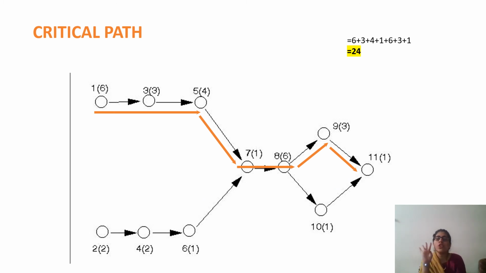I mean, out of all the 4 paths which we can get from start to our finish, the last one has the largest time taken. So the minimum time taken for our project to finish is 24. If you compare this critical path with your Gantt chart, you will get the same critical path. Just have a look at it.